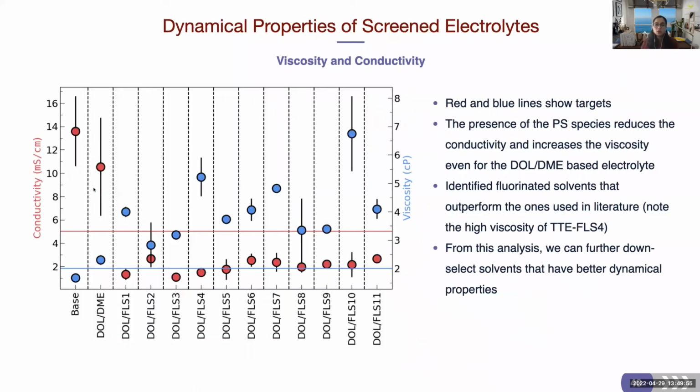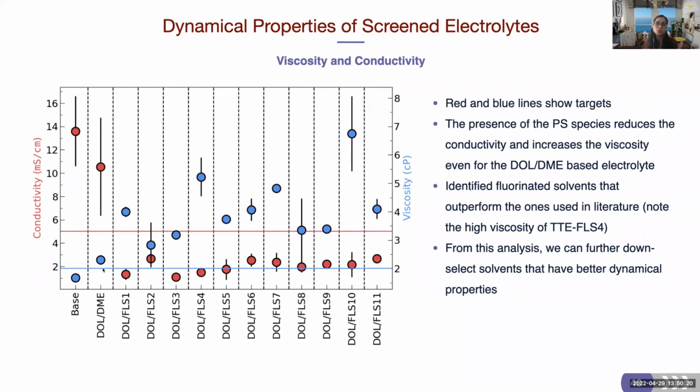Along with the structural features, the dynamical properties are crucial for the performance of lithium sulfur batteries. So here we computed the conductivity, viscosity. We also computed other dynamical properties. One thing, we set ourselves a quantitative metric. We want the conductivity to be higher than 5 millisiemens per centimeter, so this red line, and viscosity to be